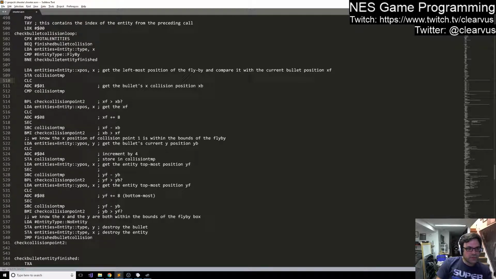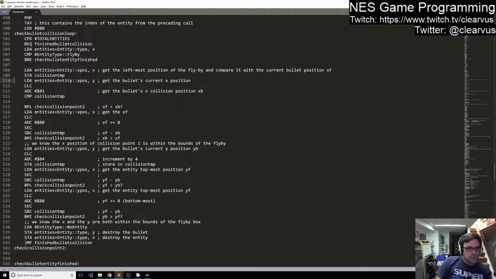So that's into collision temp, right? We're loading the flyby's X position into collision temp, loading the bullet's current position, then we want to add 1 to A, and then we want to compare A with collision temp, and if A is greater than or equal to,